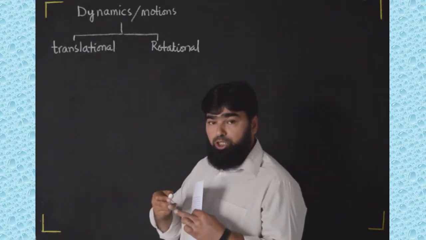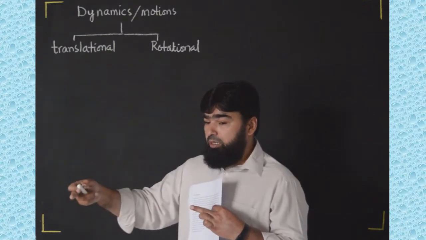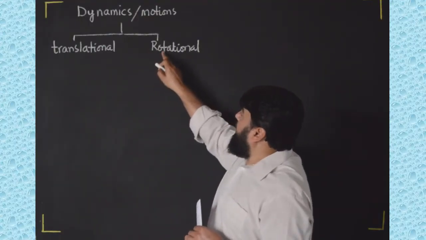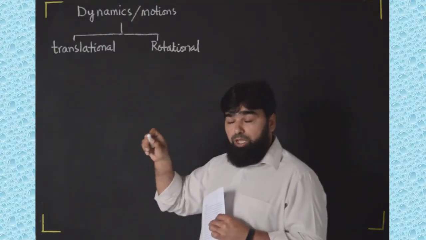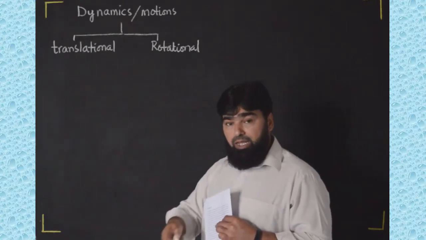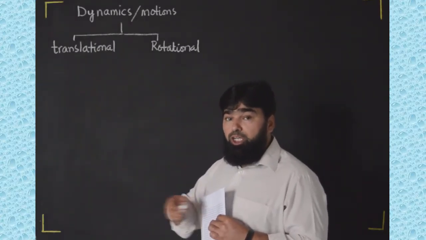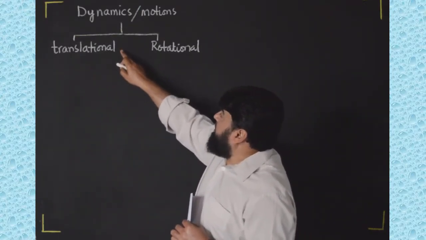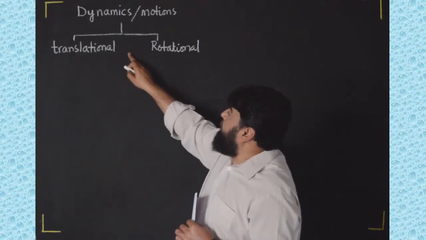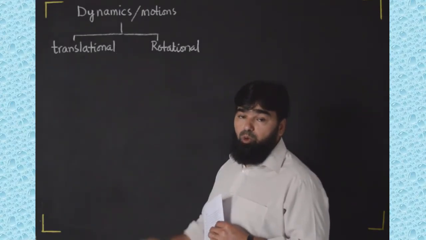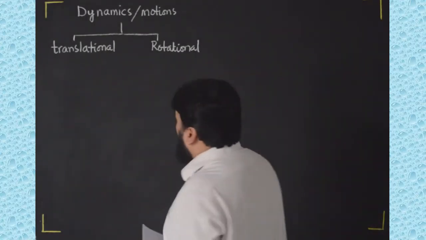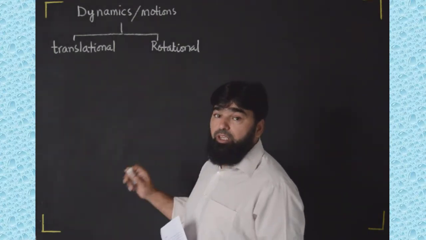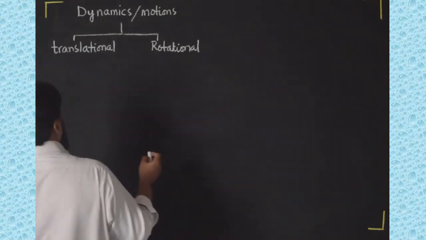So in translation motion, a body will move from one point to another point exactly in a straight line and there will be no curvature. While in rotational motion, a body will be moving in a circular motion or spinning and it will have no linear motion. So mostly we are having the dynamics or the motion of a body as a combination of translational and rotational. Now, in order to understand the translational and rotational dynamics, first we will have to understand some terminologies,